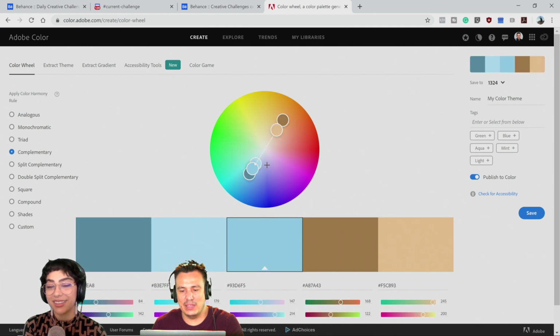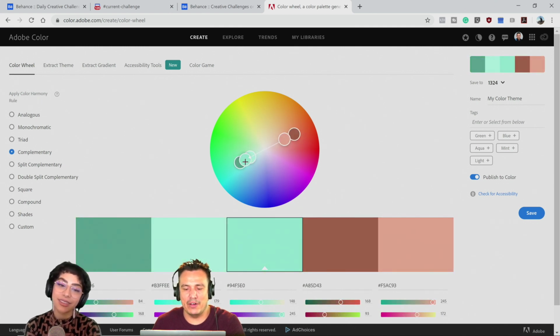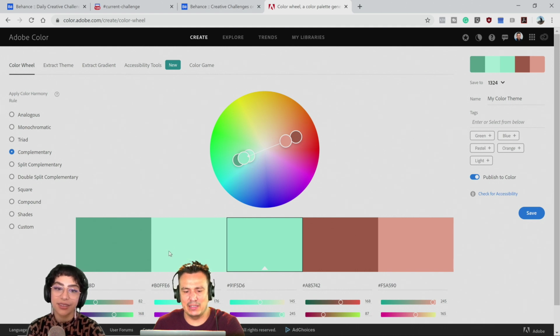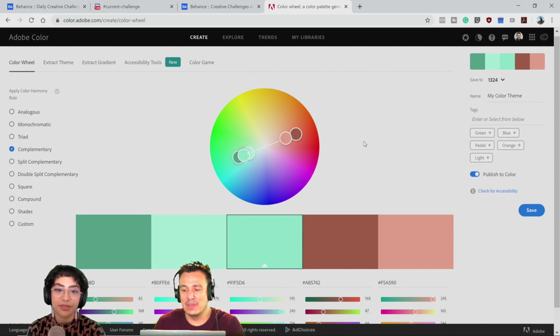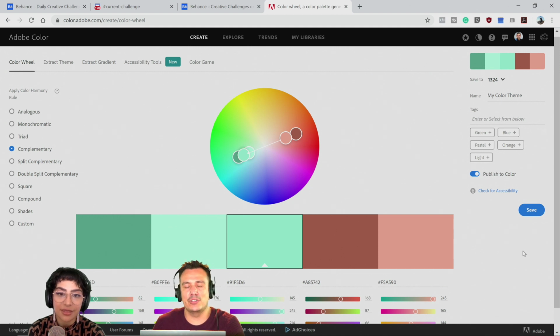So this could be a really great tool for you to figure out what colors to use. And in that particular piece, I think it was something like green and like reddish or something. But anyway, you get the idea. You can come in here and see what colors work with what. And you can also save your colors by clicking on this button, which will save them onto your Creative Cloud library. And you can access them from Photoshop, Illustrator, or anywhere else you have access to the Creative Cloud library